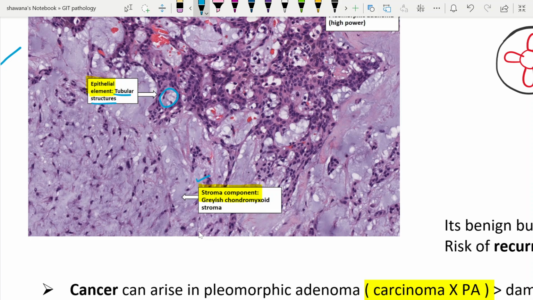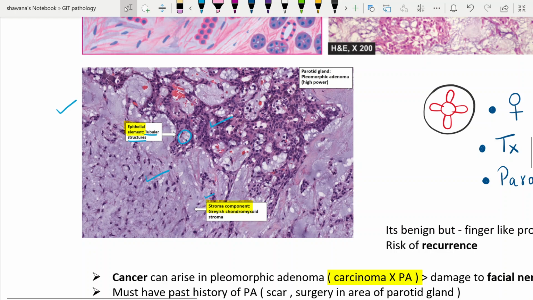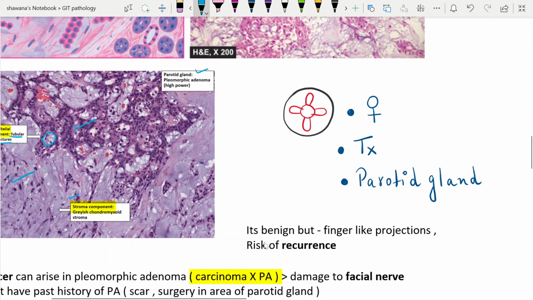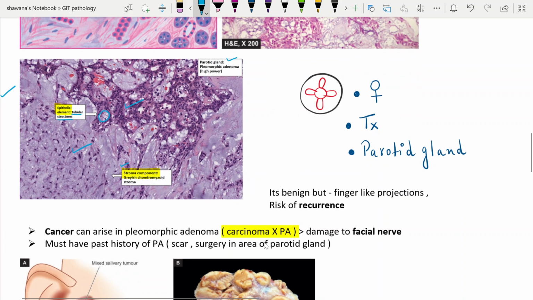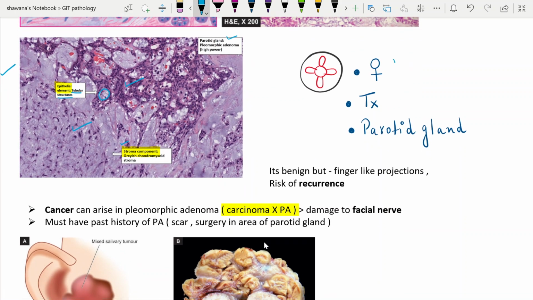Okay, and this is the epithelial part and this is the stromal or mesenchymal part. So in this diagram, both of the components are well seen. The gland affected is the parotid gland and it's the high magnification. Let's discuss a clinical case scenario: a female comes to you with a tumor of the parotid gland, but